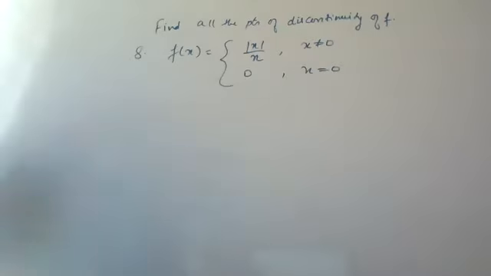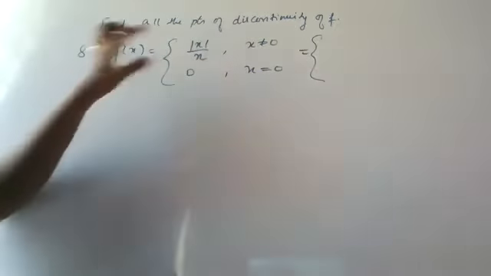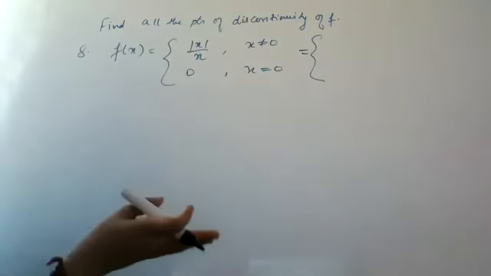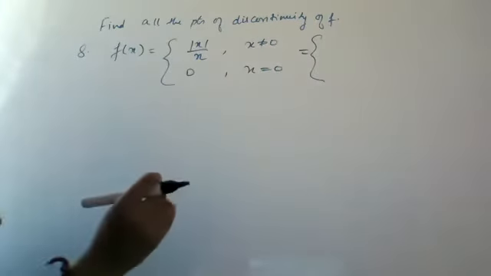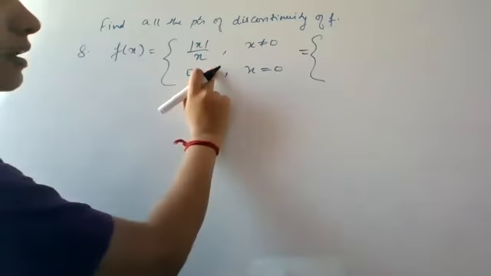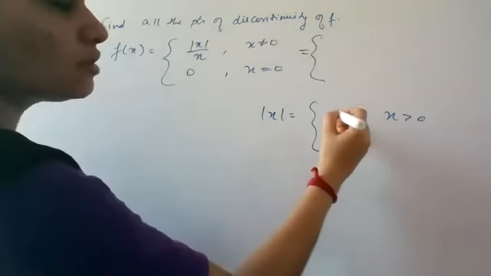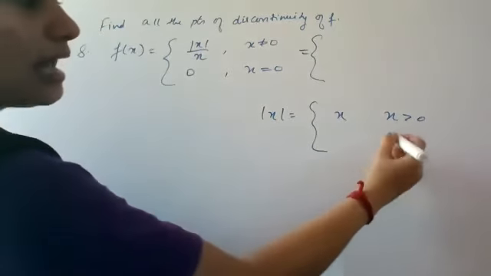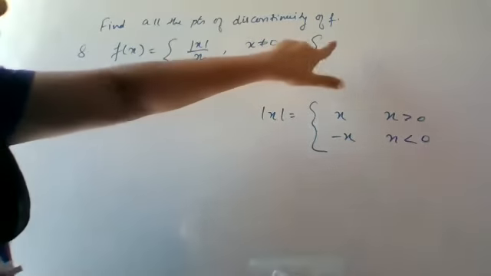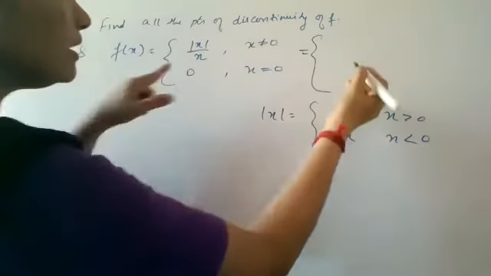So actually, the first step is we will replace the function with the corresponding value. Or I can say that x not equal to 0 will be split into 2: x greater than 0 and x less than 0. Okay. Accordingly, we will get the function value also different. See, when x is greater than 0, mod x is x, positive, and when x is less than 0, you have minus x. So we are using this function here. When I split this into 3, that means one thing is given actually.